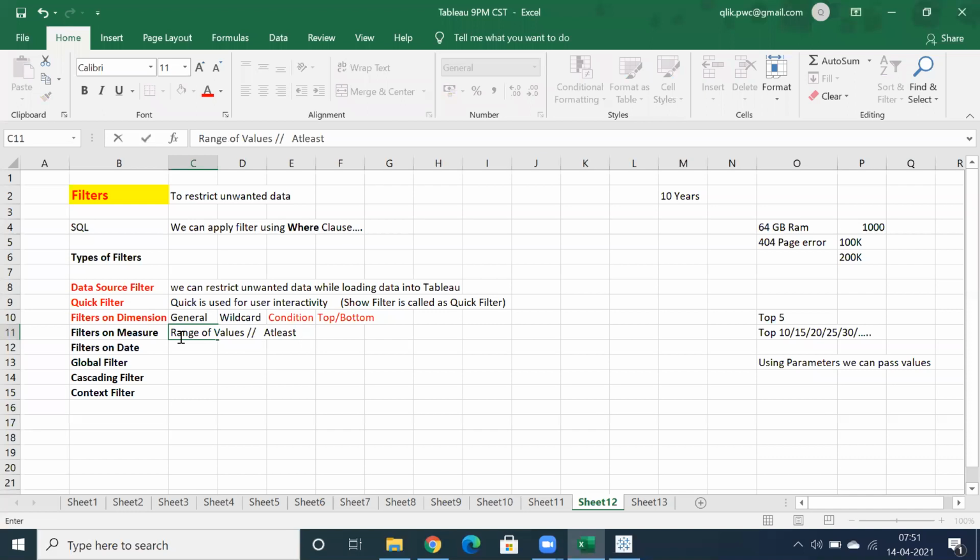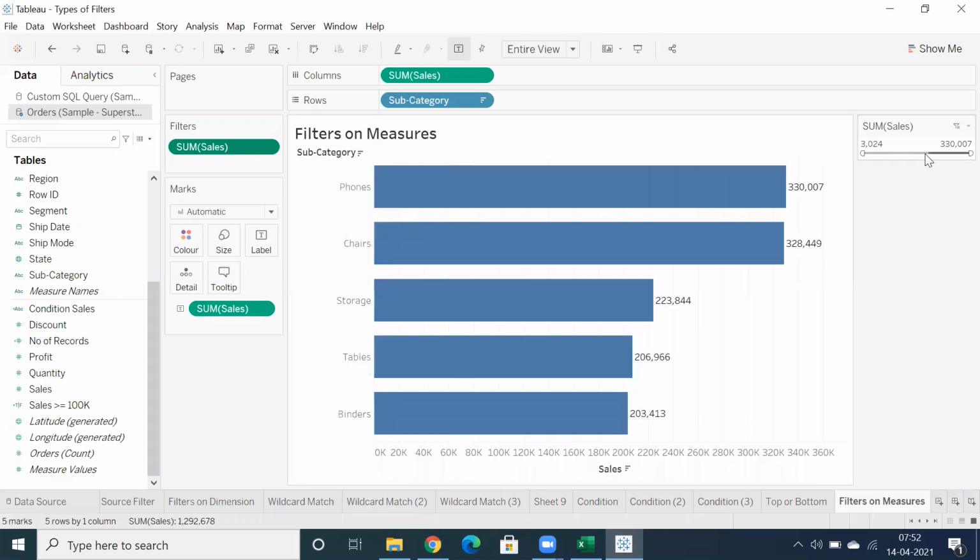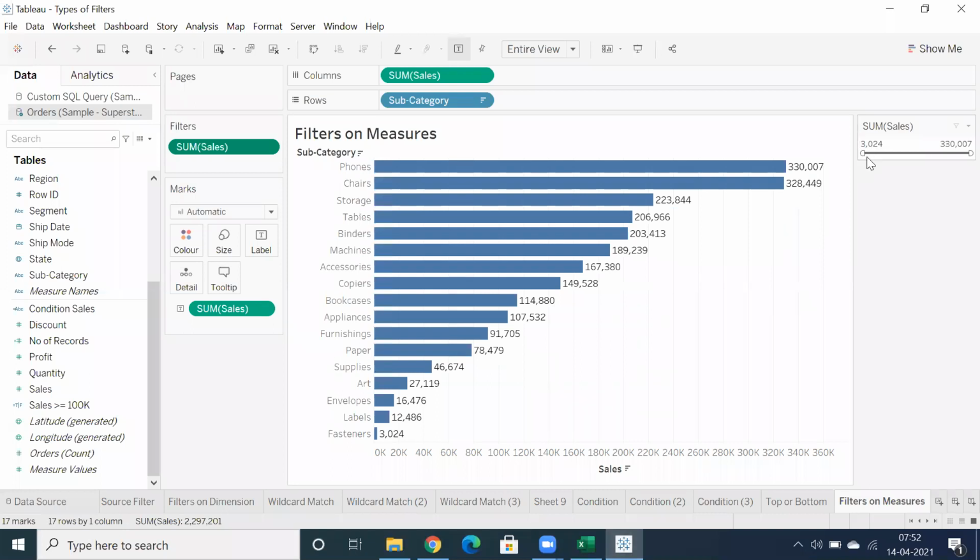At least, at most. So range of values is nothing but a flexibility to select a minimum value and a maximum value. You can provide a minimum or you can provide a maximum by using this slider. So you can use the slider to limit those numbers.